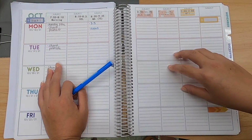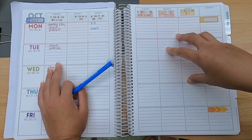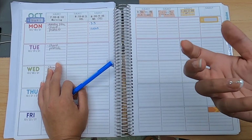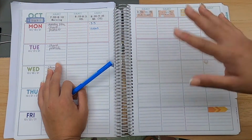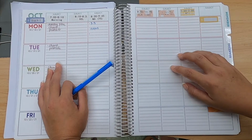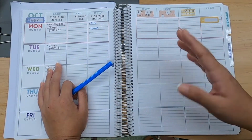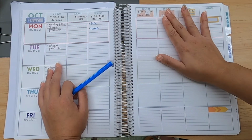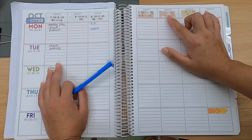So I think for this quarter we are going to be doing informational text, and that probably deals with main idea, cause and effect, sequence, those kinds of things. It just depends on the standard that we're doing, and then I will pull specific resources just for that. We do have another block here, and I know it's hard to read,